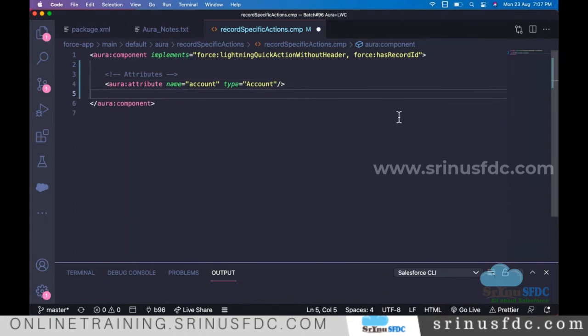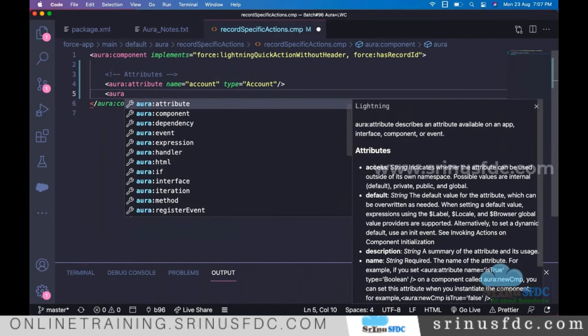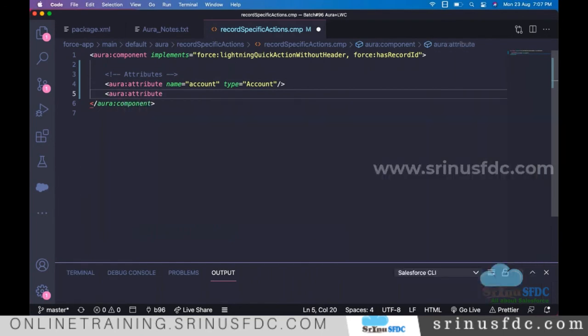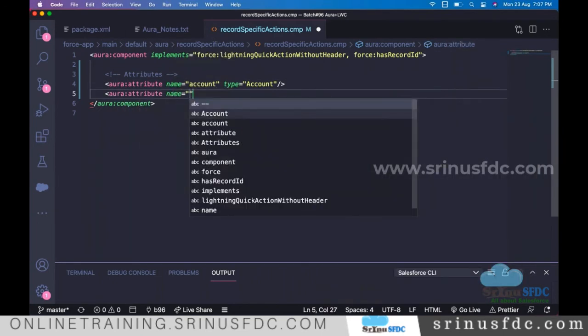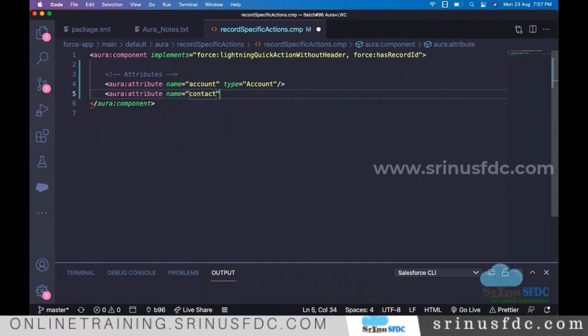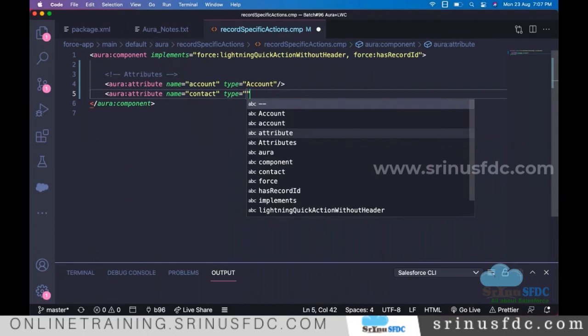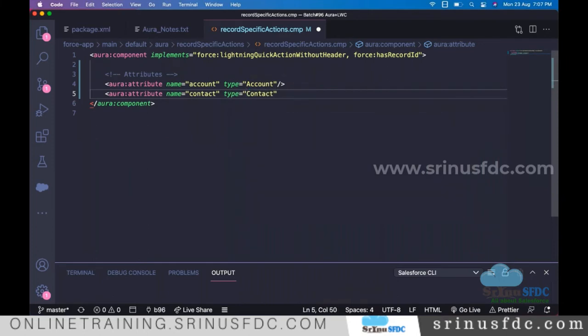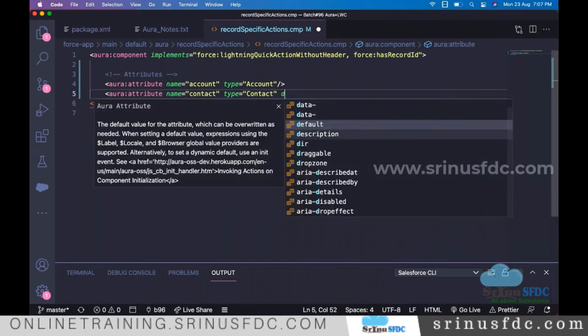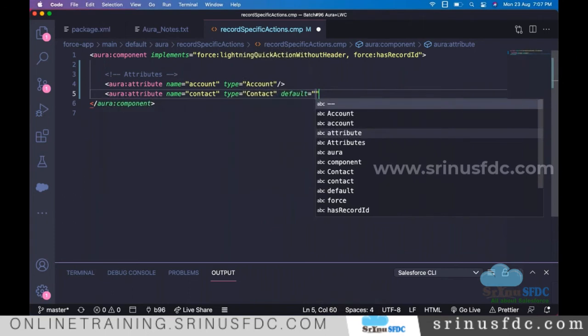In general, when you are developing a component, and you are going to create a new instance of that object and populate the information or update the information newly, then along with the type, this is the type Contact, we always have to give the default value.